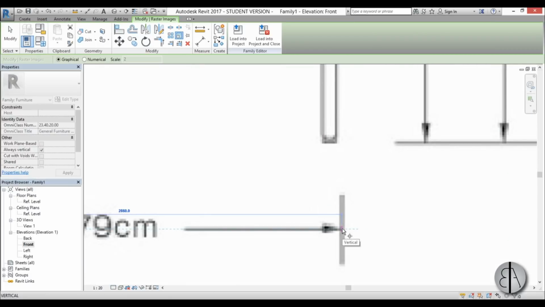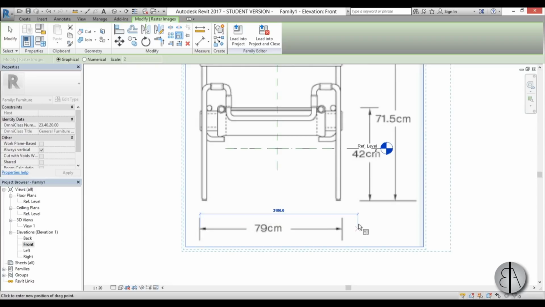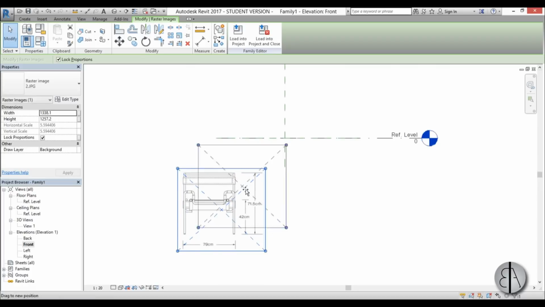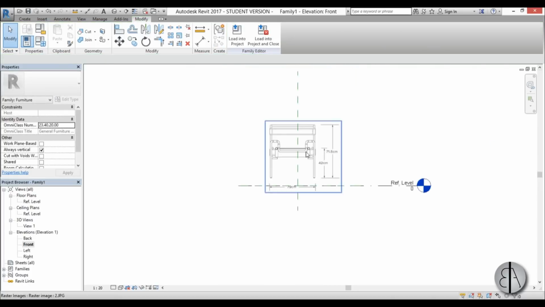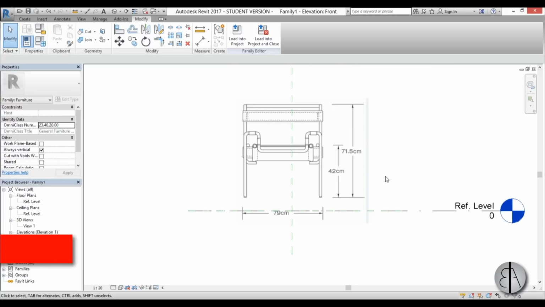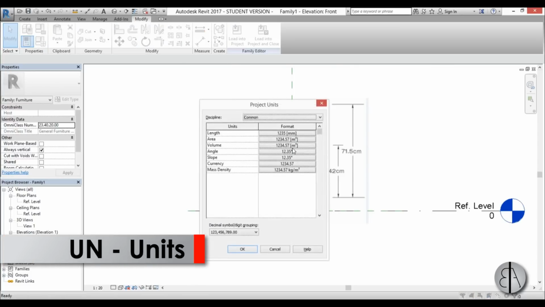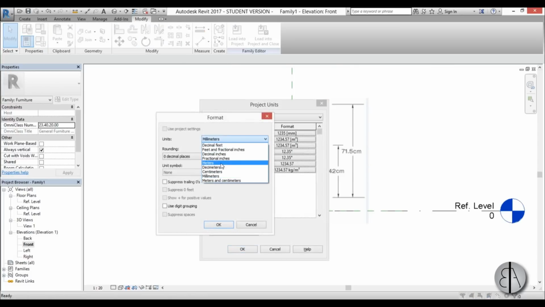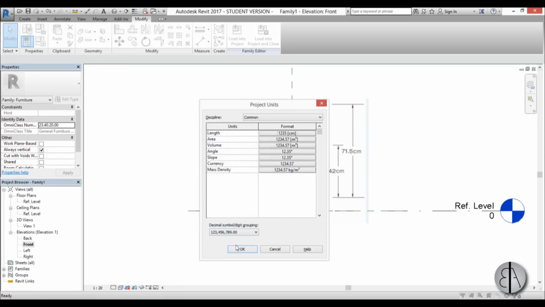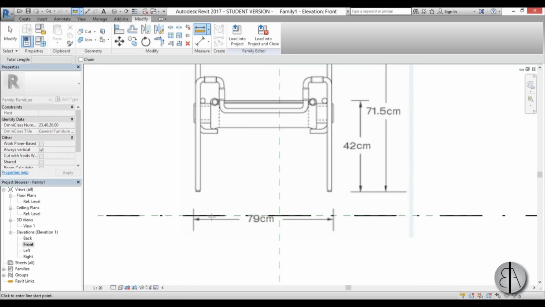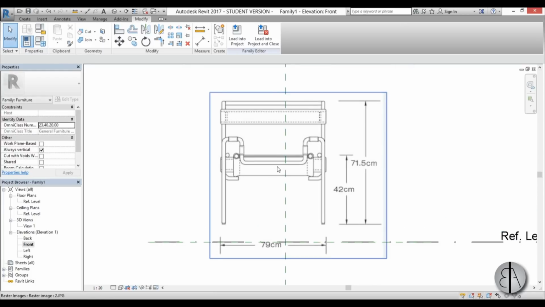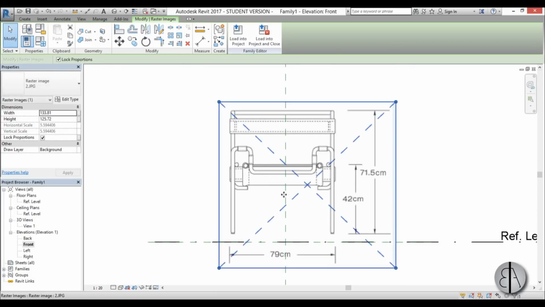I don't want to use 79, and I'm just going to type in 80, or 800 if you're working in millimeters, and let's just change that to centimeters to make it easier. So I'm just going to go UN for units and go into centimeters. Okay, and then if I measure this, it should be around 80. It is. Okay, so now place it